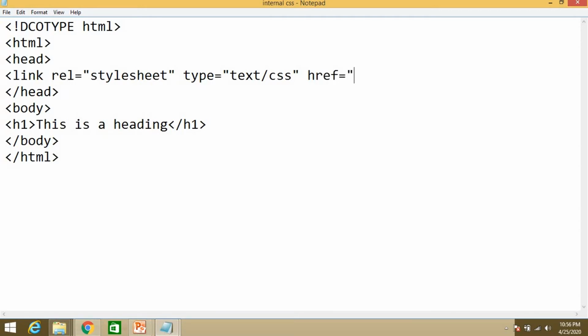The name is style, with capital S, so write Style.css. Just close this. Now see the effect, Control S to save this file. Now open this, so this heading becomes maroon in color.